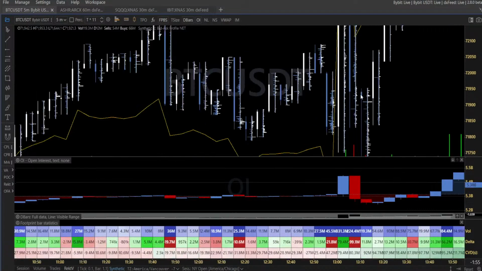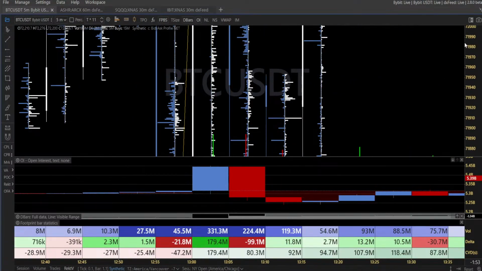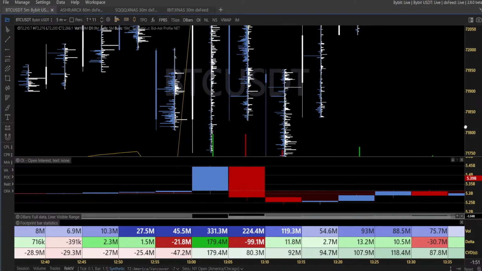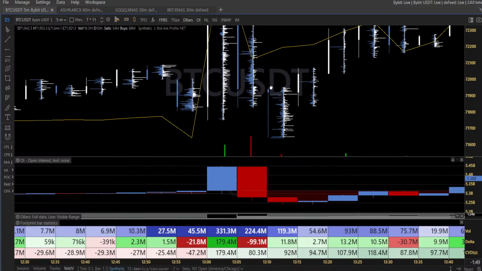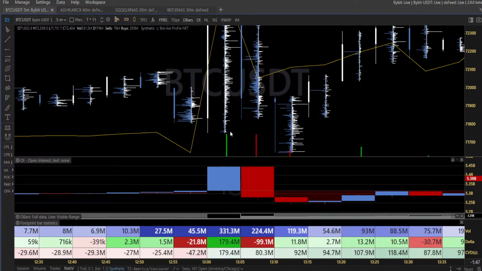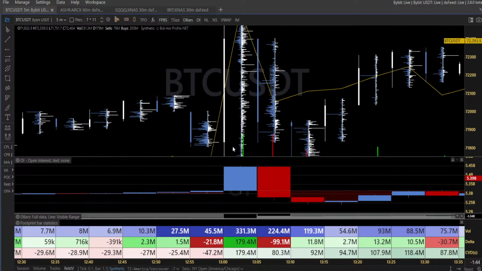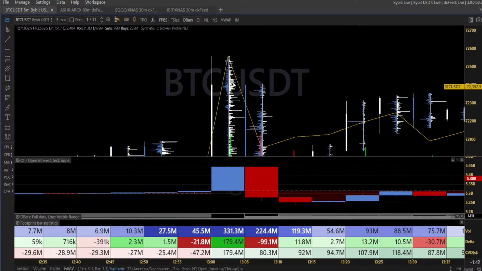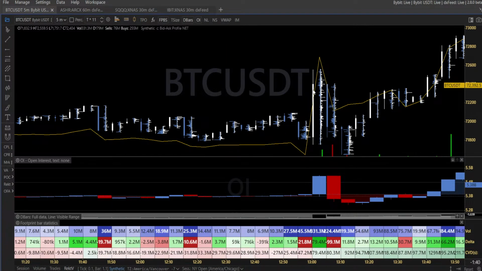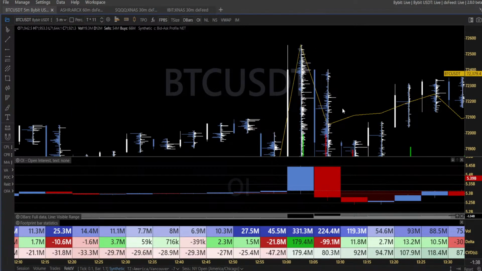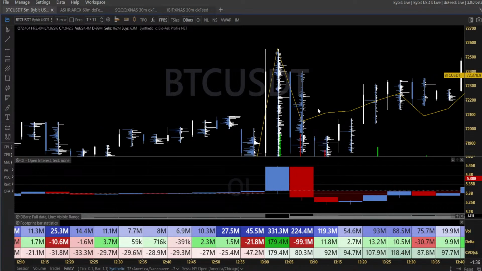Go to this candle. I actually want to go down to, well, I'll just tell you what was happening here. I could go to the 1 minute time frame, but I just happened to be sitting here. I'm like, whoa, 40 million shorts just closed. Then all these longs, 179 million longs opening, just kind of random. This looks like the type of thing you'd see during a news event.